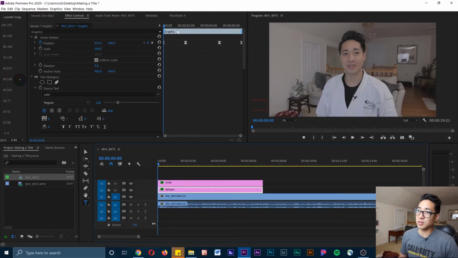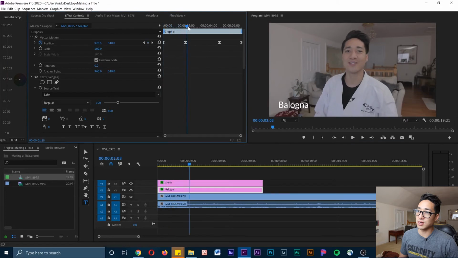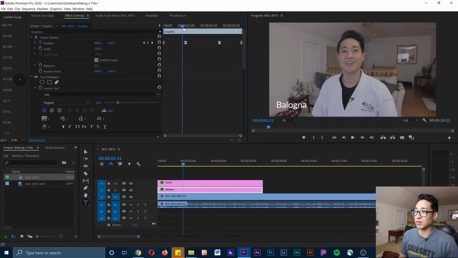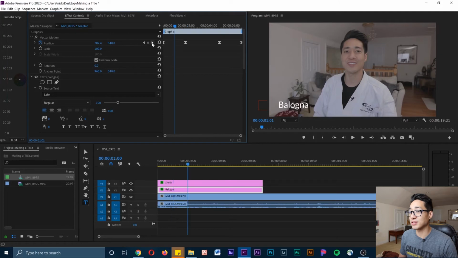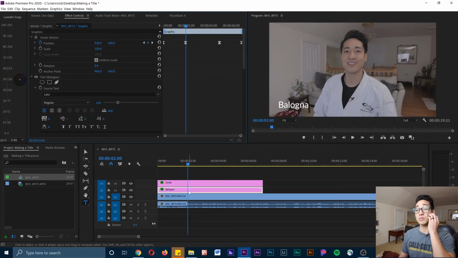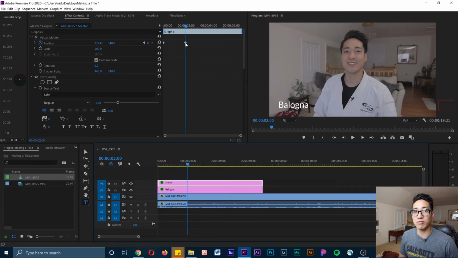Now you could eyeball it, but that's really hard to get the exact time, and we need the exact time for it to stop with the baloney text at the same time. So we hit this arrow here, go to the next keyframe, and what that does, it locks it into that second on the timeline. Hit Smith, hit the keyframe, and at the second keyframe, we want it to come in. We want it to fly in, so I hold the x-axis, drag it to the left, and make it stop